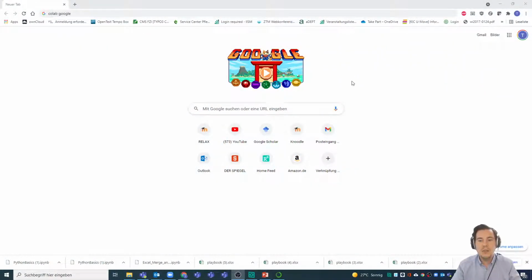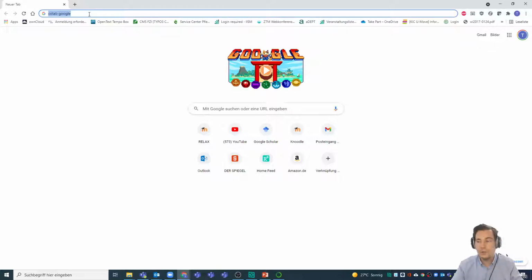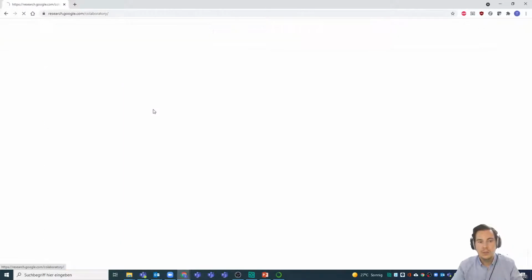I'm here in my browser, which is a Chrome browser. I don't know why, but that usually isn't a bad thing if I'm using Google products, and I'm at least knowing that they work fine. And you can see in the search tab on top, I already typed in Colab Google, so I can find the best application. And you can see here, research Google Colab, welcome to Colaboratory. If you click on that, you're now in